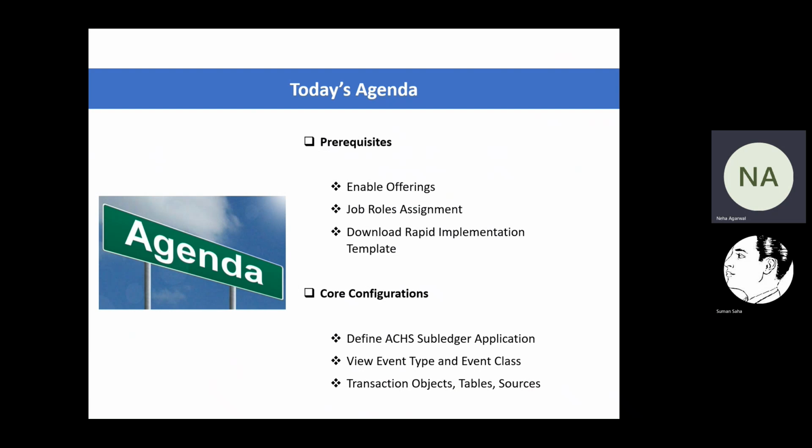The prerequisites are the offerings to be enabled in the application, and then to our user, we provide some job roles. After the job roles are provided, we'll download the rapid implementation template